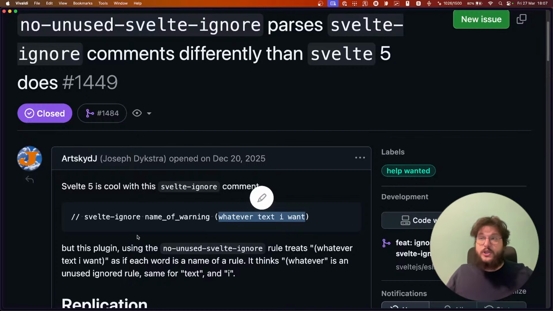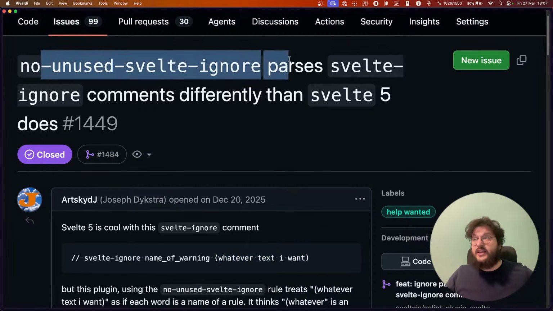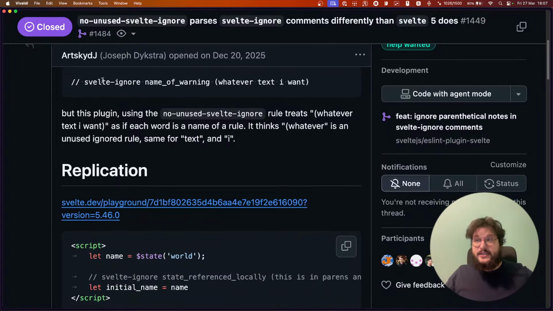And before it was not really possible because there is a no unused Svelte ignore rule that parsed the Svelte ignore, basically it tried to check if you were actually ignoring something, with whatever text, and then with I, and then with won't.